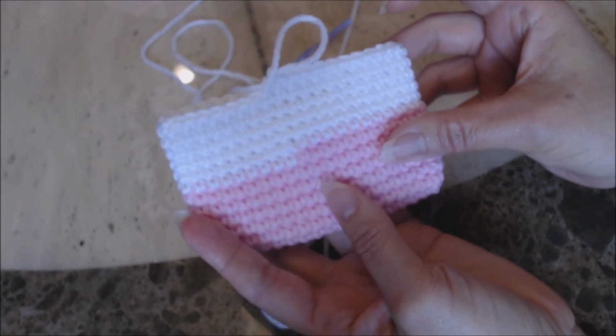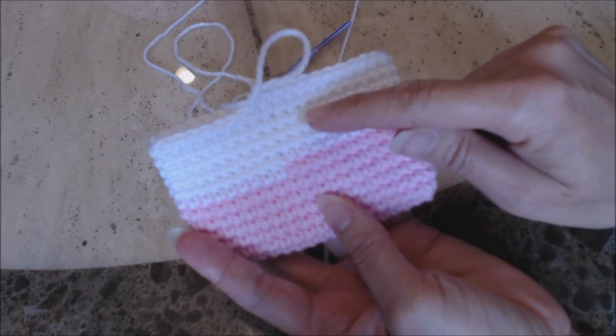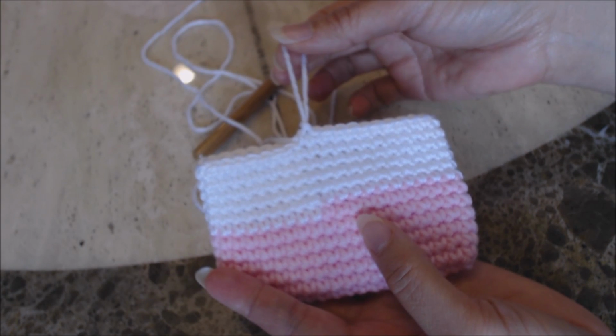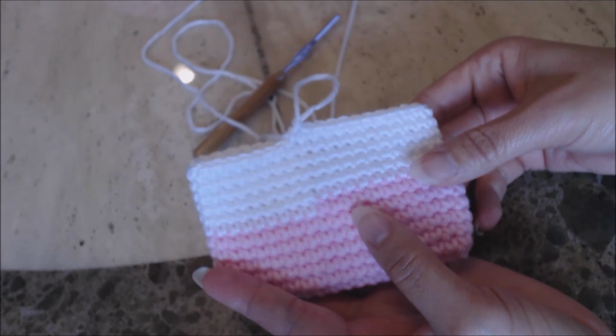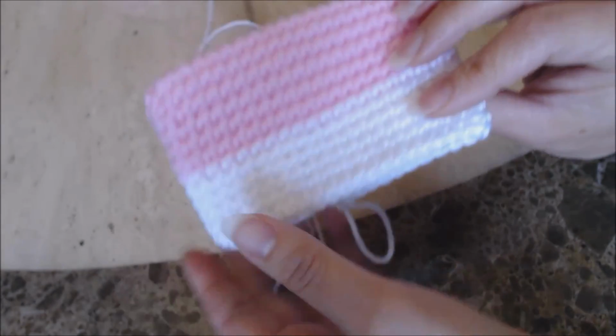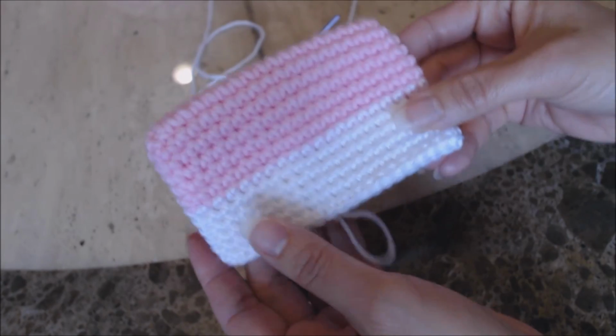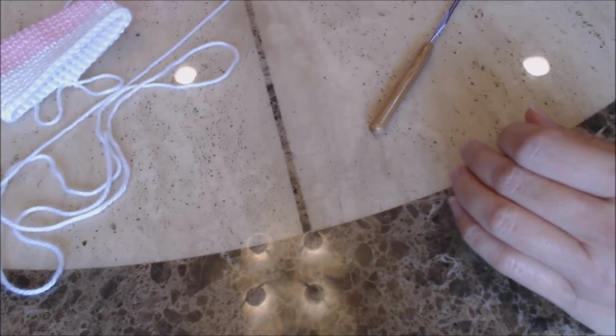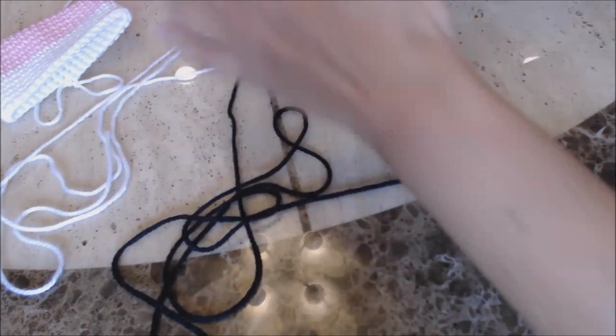You should be finished with your 6 rows, 1, 2, 3, 4, 5, 6. Go ahead and leave enough of a loop of yarn on the back so it doesn't come undone, and turn it over, and now we're going to do the face of the cat. Go ahead and get your black yarn. We're going to start with the black yarn,